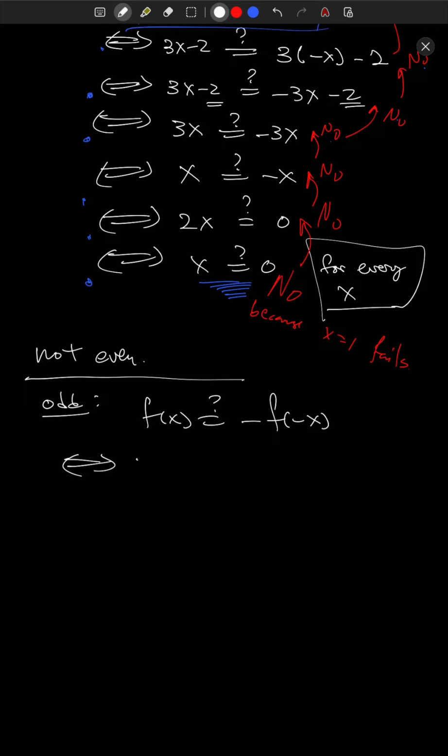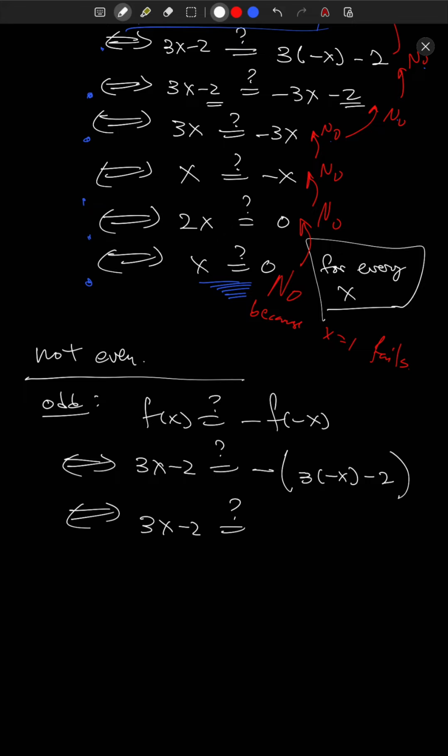So this is the same as asking, is 3x minus 2 equal to negative of 3 times minus x minus 2? And this is the same as asking, is 3x minus 2 equal to negative of minus 3x minus 2? That's the same as asking, is 3x minus 2 equal to 3x plus 2,